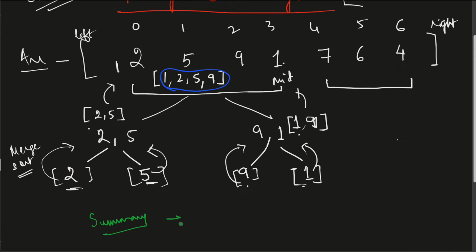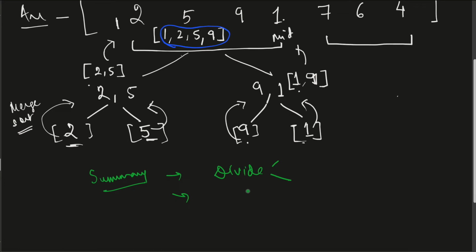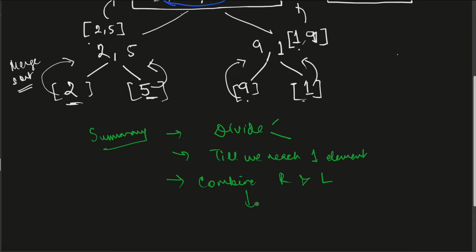What is the summary? First we divide it. We first divide the array into two parts. Second, after dividing, we keep on dividing till we reach a position where we have only one element left. Once we do that, then we start combining the right and left subarrays. The moment we are trying to combine is when we apply the logic of sorting. Because when we have to combine, we apply that logic of sorting so that the final array that we get contains the elements in a particular order, ascending order or descending order,